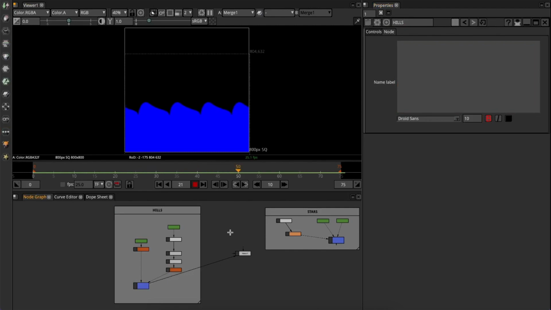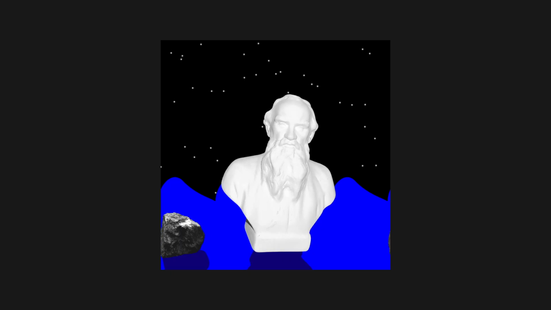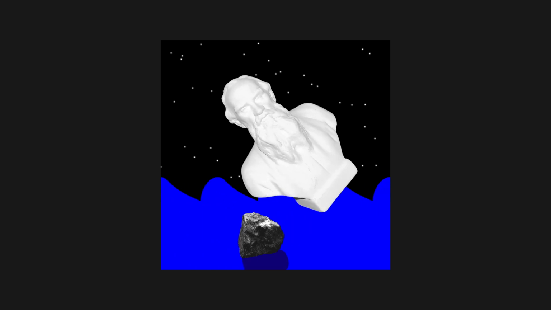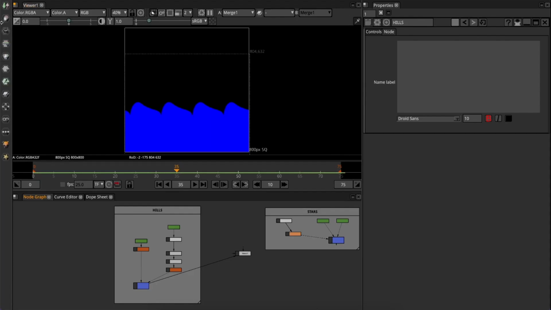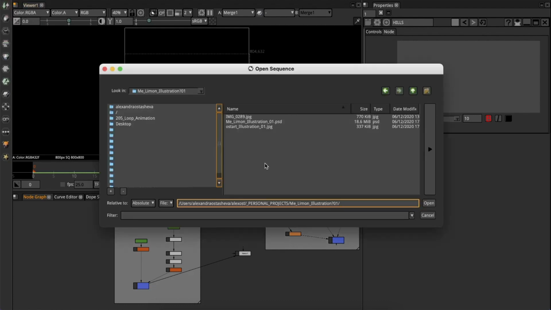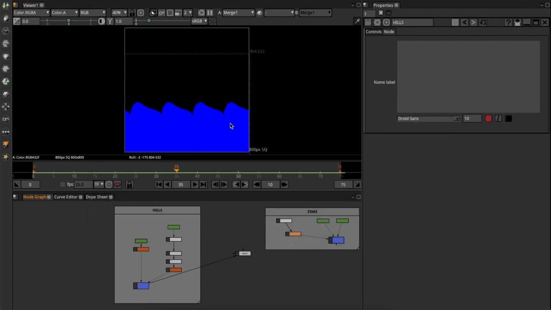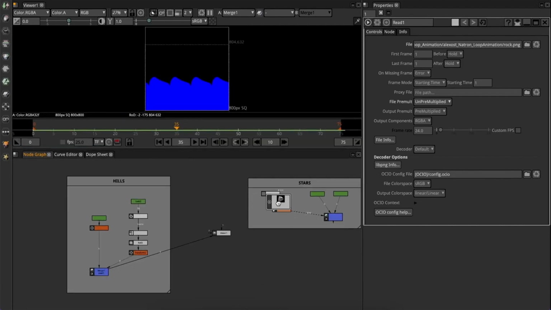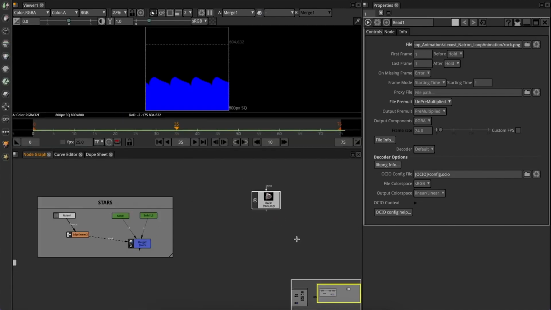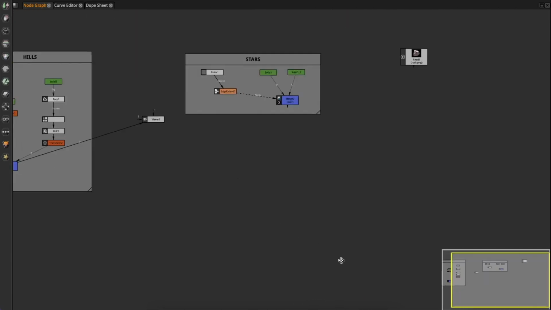This technique is pretty cool because it can work with an image as well, this tile replication and this rolling effect, like I've done it with the rock in the final animation. Let me show you exactly how it's been done. Import the image of the rock with the help of Read node, R on the keyboard as a shortcut. Here it is, it's a PNG. Let me put it over here and connect it to the background right away